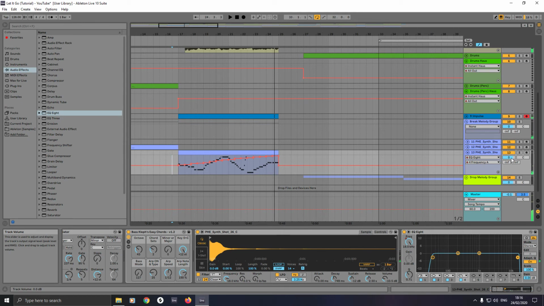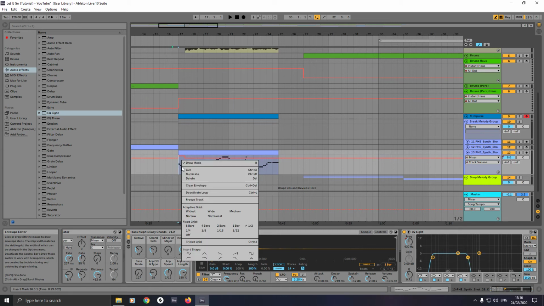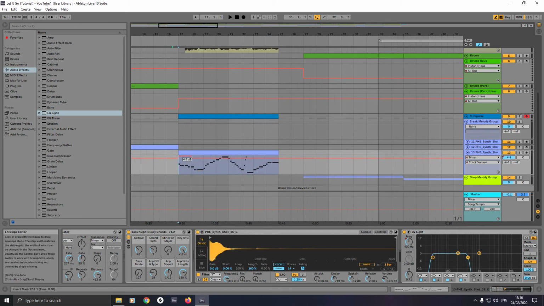It comes in a bit quiet, so we'll right click on the automation and go to show automation, because we're going to automate the volume. Press B to get the pencil tool out. We'll right click on the grid, go to 1 bar, and turn this up to say 5 decibels, then the next one across we'll turn up to 3.5 decibels, then this one on 2.5,